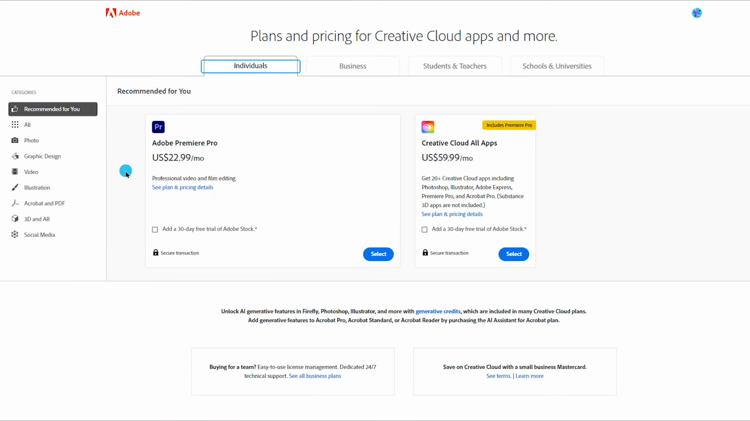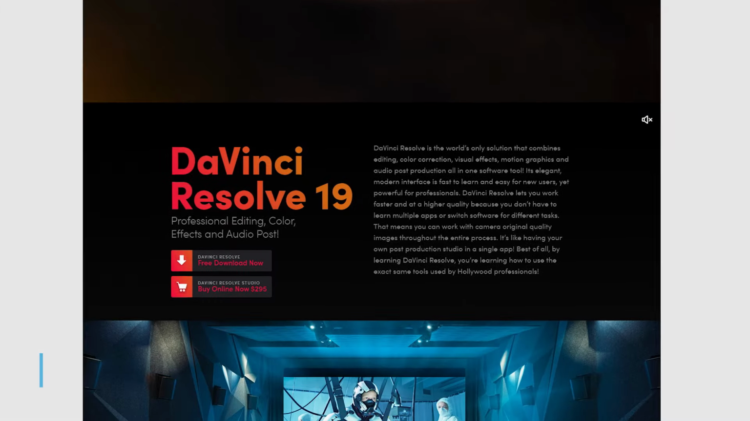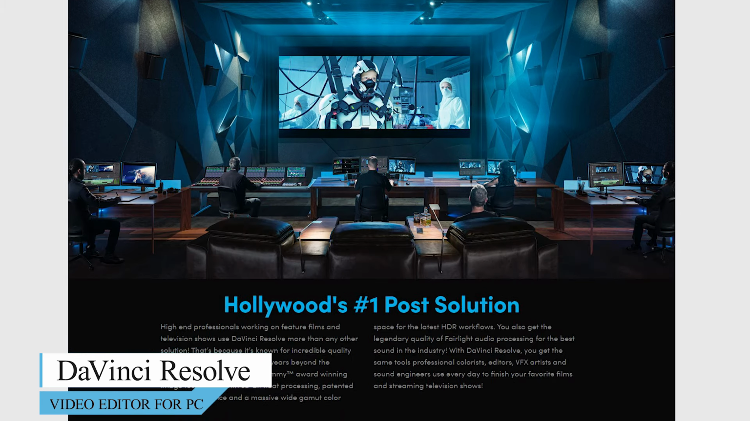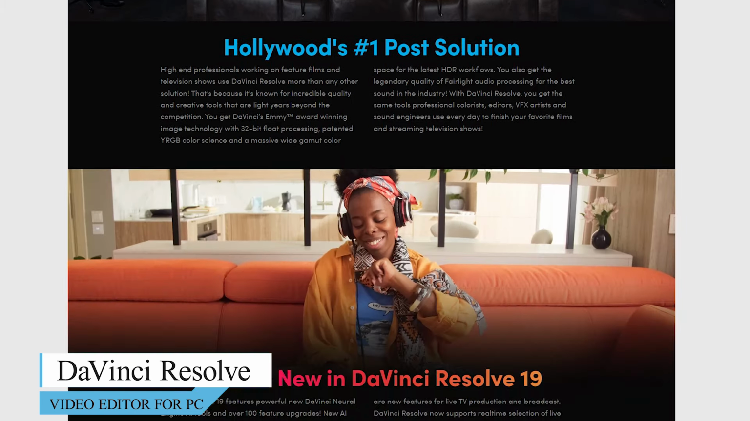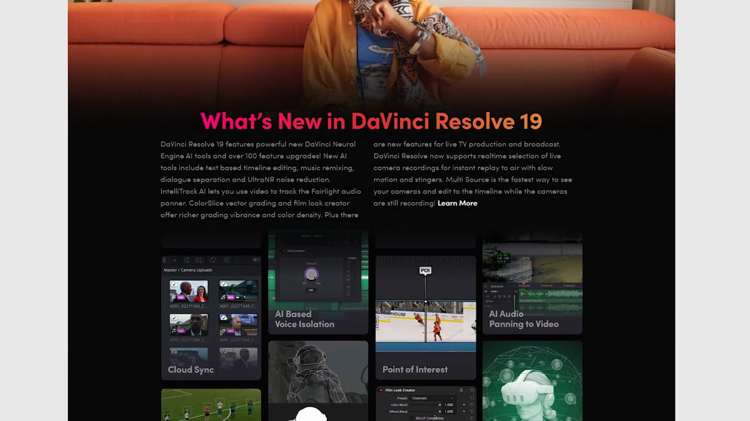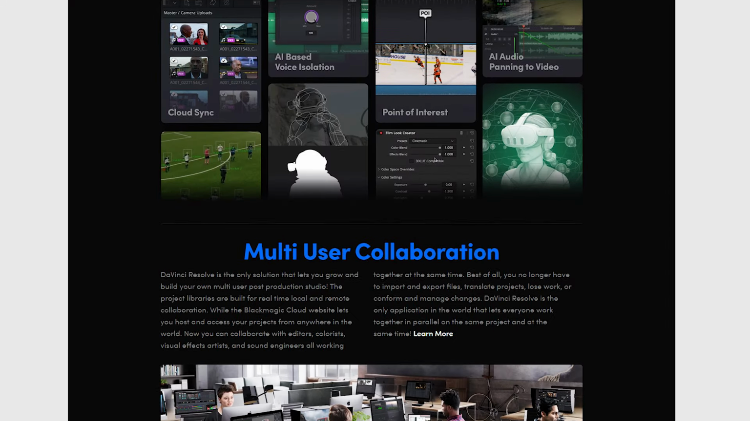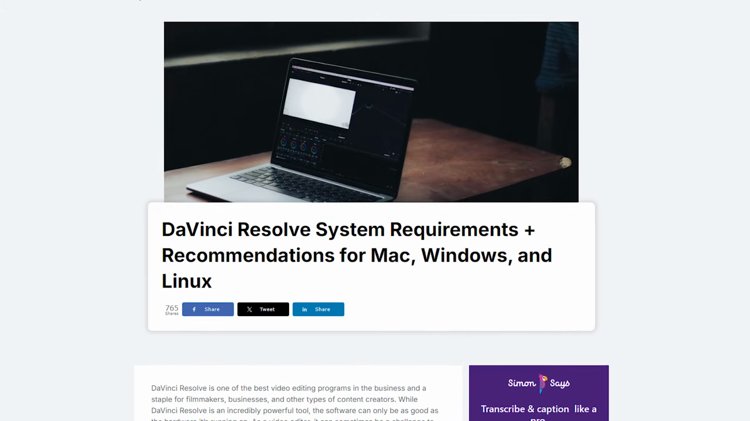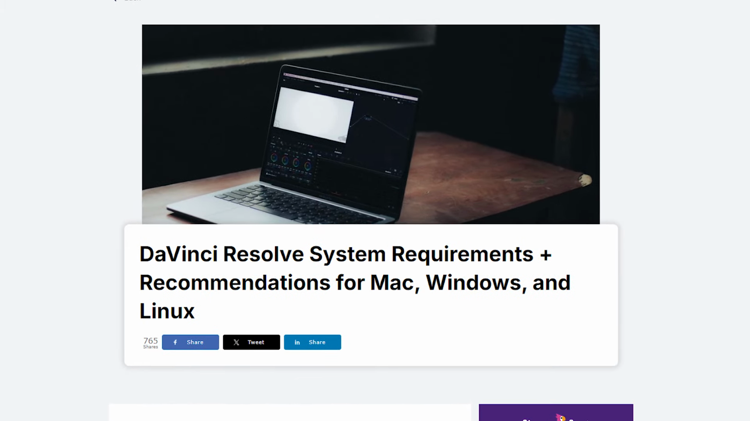Premiere Pro is compatible with both Windows and Mac OS, but like many Adobe products, it requires a subscription, starting at approximately $23 per month. For those looking for free alternatives, DaVinci Resolve is a strong contender. The free version offers enough features for most users, including multi-track timeline editing and a variety of transitions and effects to enhance your projects. DaVinci Resolve is available on Windows, Mac OS, and Linux, though it does have a few